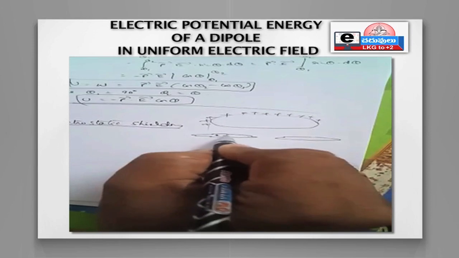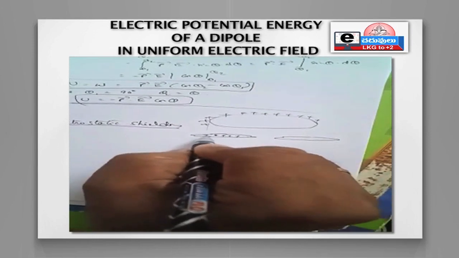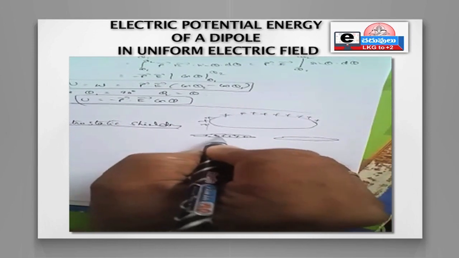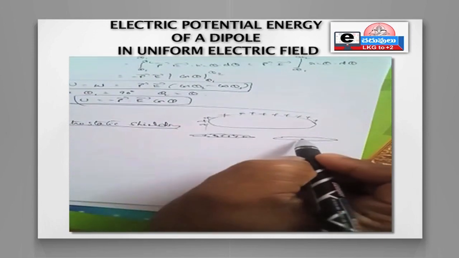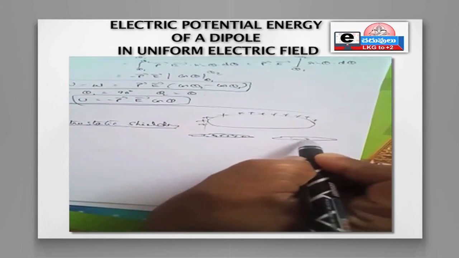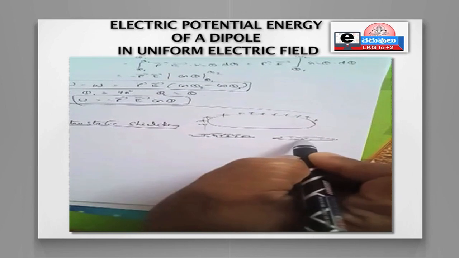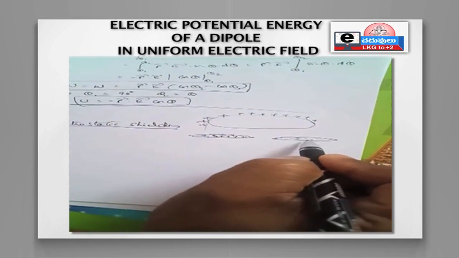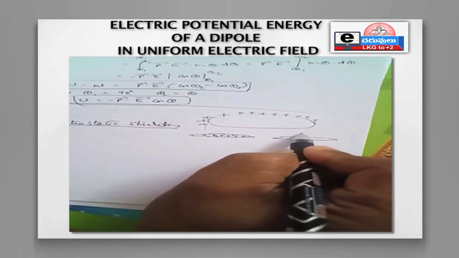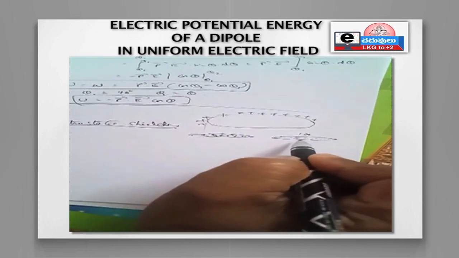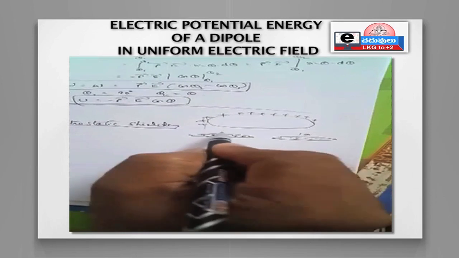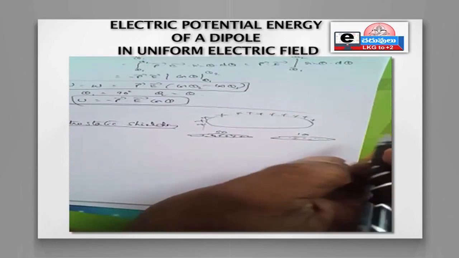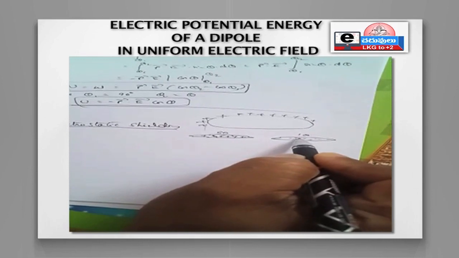Suppose a positive charge is developed on the water droplets of this cloud, and suppose more negative charges are located on this other cloud. I am just giving numbers for understanding purposes. Suppose there are 100 electrons here and only 50 positive charges here. These two clouds are coming close to each other. At that time, what happens?